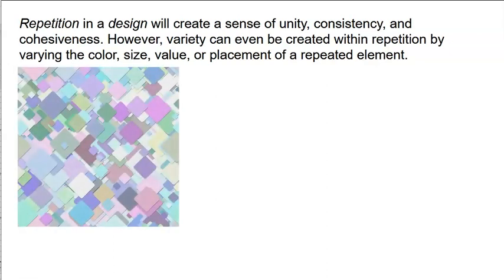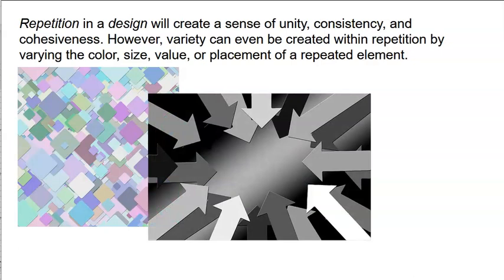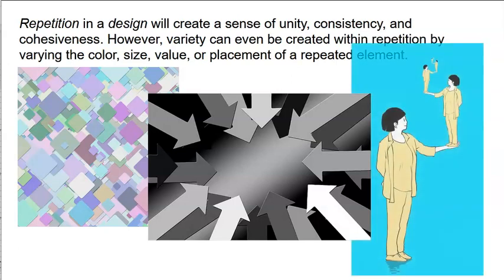So, these little squares, because they're all positioned at the same angle, look like they all go together. They're even all a variety of pastel tones, creating a sense of unity. These arrows are all pointed toward a single direction and are all shades of white, blacks, and grays. That creates a sense of unity. The repetition of this figure, though, lets you create a little bit of an odd image because of the way